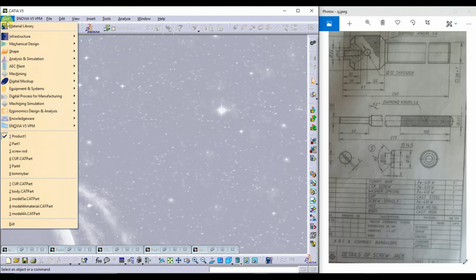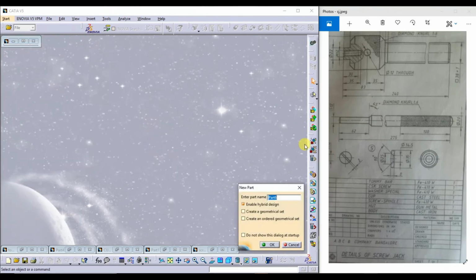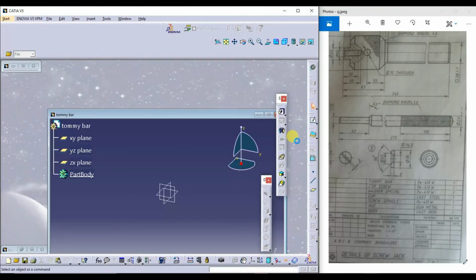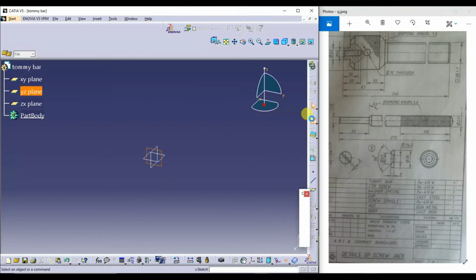So I'll go for the mechanical design. Under mechanical design, part design. So this is Tommy bar. So I'll select the plane. I'll go for the sketch mode.